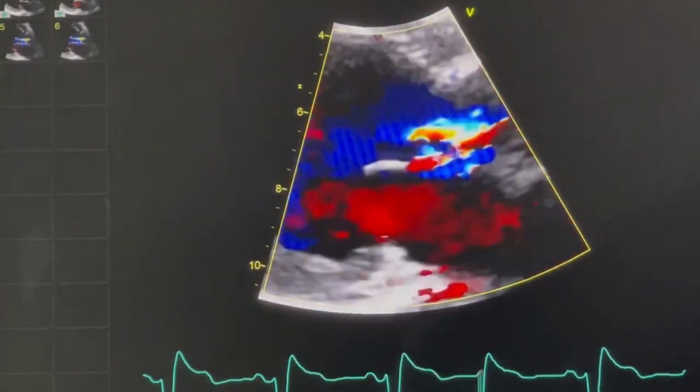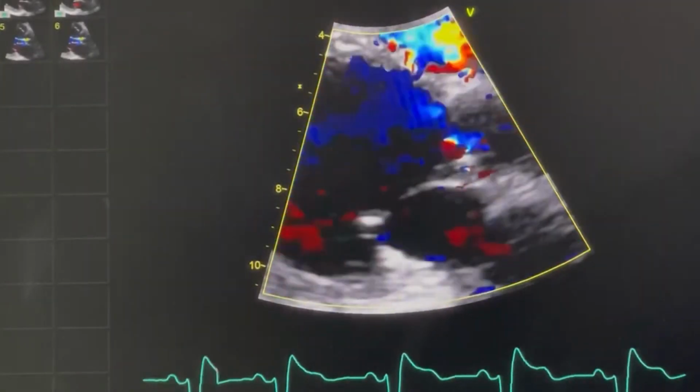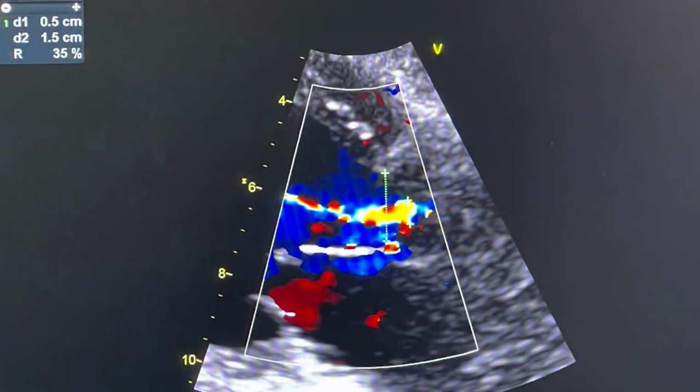Moving on to another case. Here there is a dilated left ventricle with poor LV systolic function, and there is a central regurgitation jet of aortic regurgitation. So here we can see a central jet of a moderate AR. The jet width and the LVOT width can be compared. Here it is